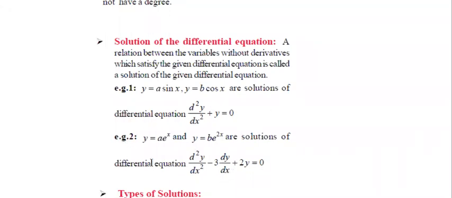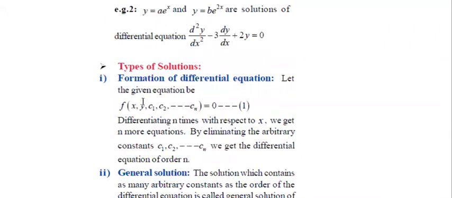First do the differentiation. Here there are two arbitrary constants a and b. So eliminate those arbitrary constants and you will automatically get the differential equation. One more thing: how many arbitrary constants are there here? Two. So by observing the number of arbitrary constants, we can easily say the order of the differential equation. There are two arbitrary constants, so the order of the differential equation is 2, but we can't say the degree.